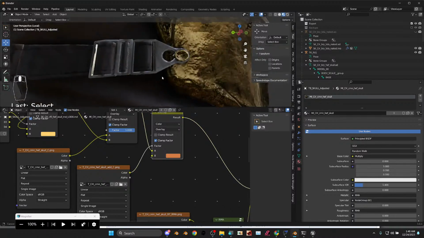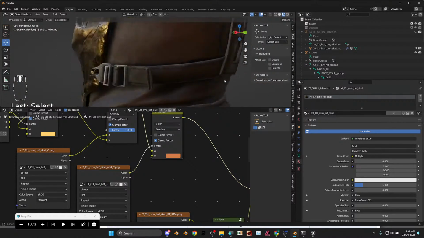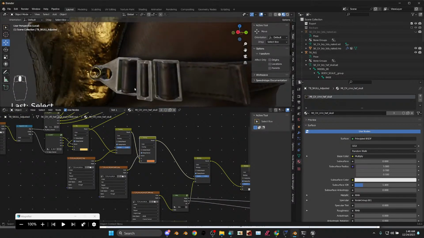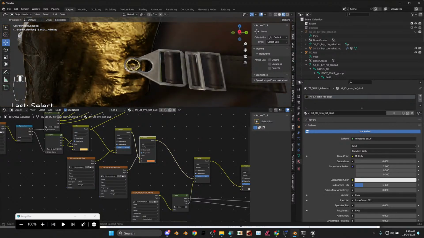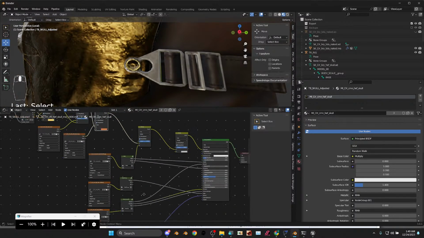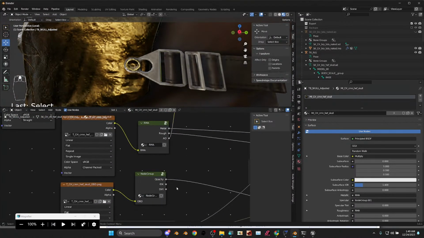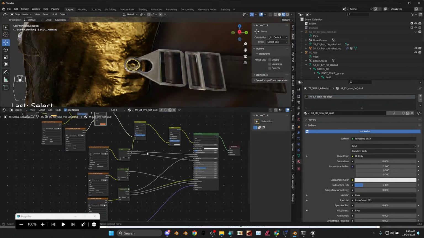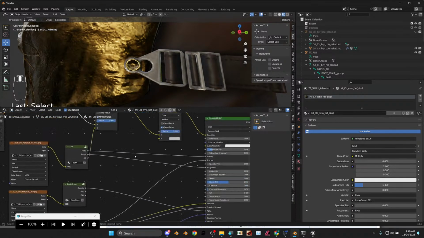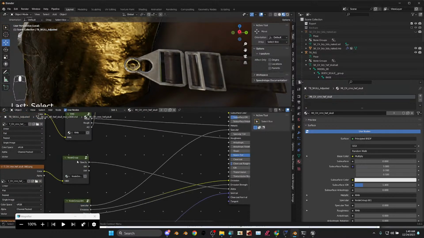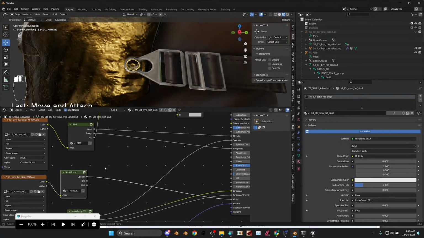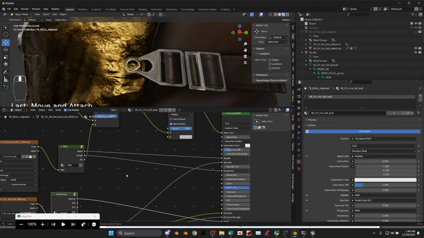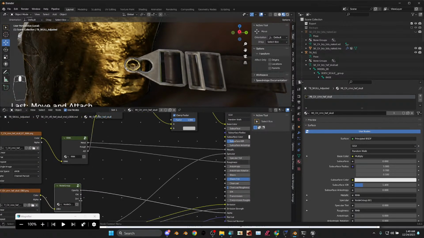All right, look where you go. Maybe I want my stuff shinier. This is where the ID stuff works in. So let's see. Well, let's set up the dirt mask first. All right, so I've got my dirt mask right here. I'm gonna hit it. I need to create a